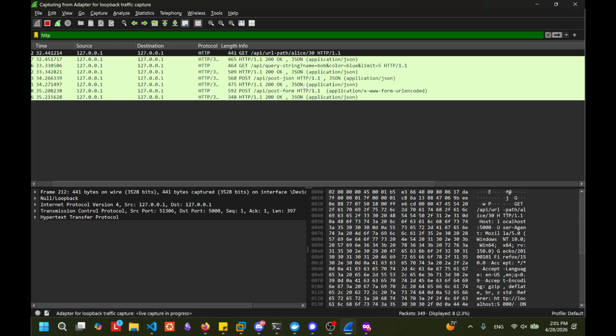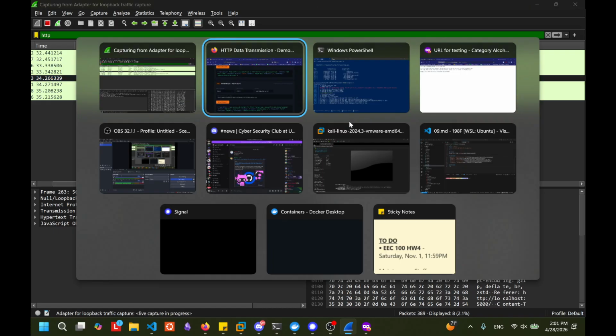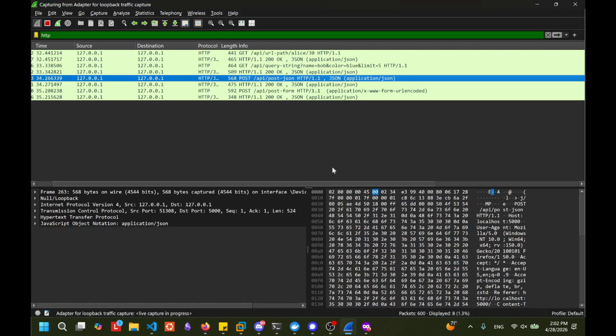We already saw you can use POST to send data to an application. You probably saw that in the earlier example. You might recognize this as being in JSON format. It does not stand for JSON long format. It stands for JavaScript Object Notation. It's just a way of enclosing data: left brace, right brace, here's a key, colon, value. It's a way of storing data that can be easily handled by web servers. That's one way of sending data. We can see that JSON. I sent a request.